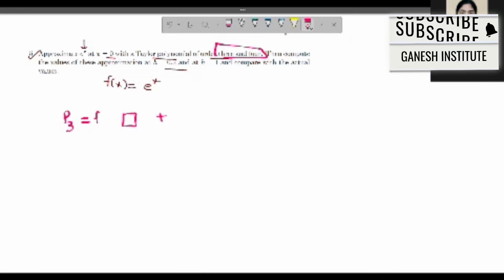So one is constant, then you have the series of f dash. What will you write here? Initially you will put f(a), then f dash a, x minus a, plus